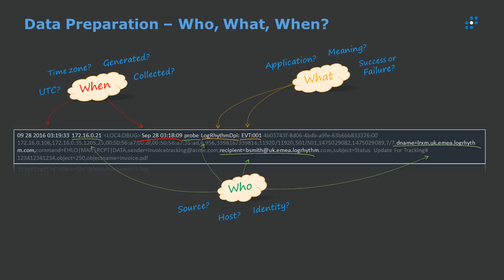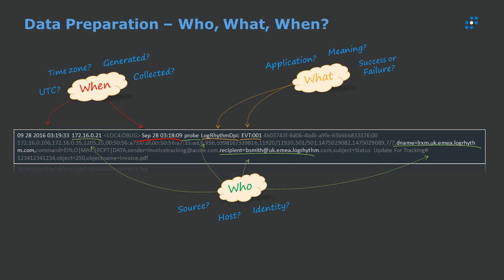It's from a specific application, but even with this pretty short and simple log, there are a lot of questions about what's actually contained here. If we focus on the 3 W's, the when, the what, and the who, and start with the when, we've got 2 things in here that look like date timestamps. If I'm going to feed this into a machine learning algorithm that's going to give me some results, I actually have to know which one of these represents the time that I'm looking for. Is it the time collected? Is it the time generated? What time zone is this in?